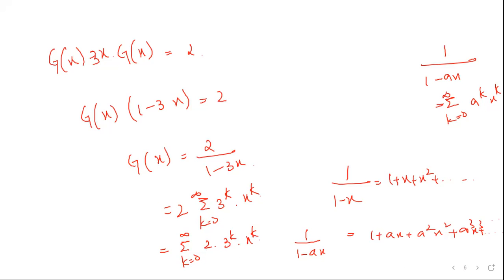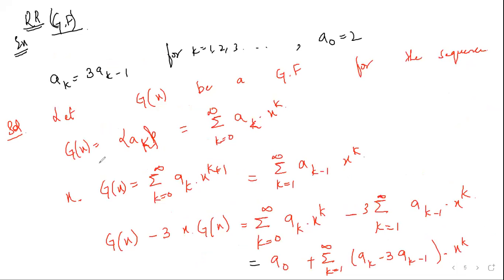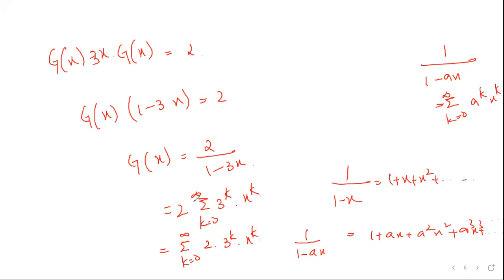Since earlier while we were solving the problem we assumed that g of x is equal to sigma k is equal to 0 to infinity ak x power k, we took x power k to solve our problem. So while we are considering the solution we can exclude this x power k. So our ak, the general solution for our linear recurrence relation, can be written as ak is equal to 2 into 3 power k. You can do this directly, as in the first sessions of our linear recurrence relations. I have shown you already for the compound interest problems.